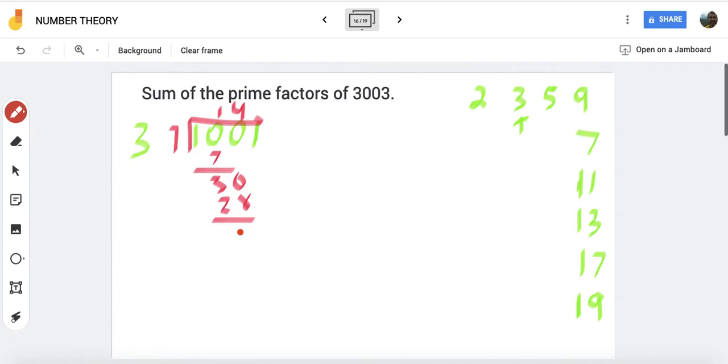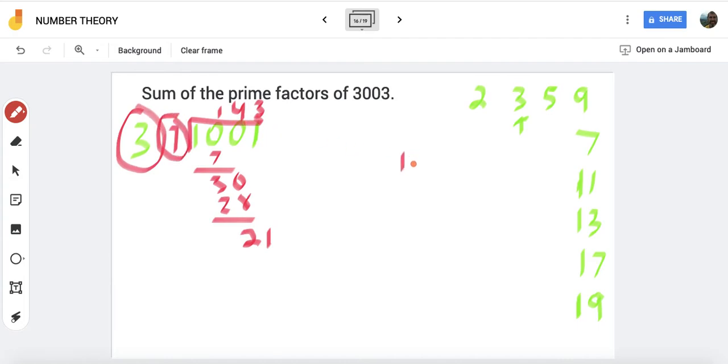My mind's going faster than my mouse. Let me slow down. Cool. 7 goes into 21 3 times. That's cool because now I know 7's a factor because it went in evenly. It went in, there was no remainder. So I already know 3's a factor, and I know 7's a factor, and now I have it down to